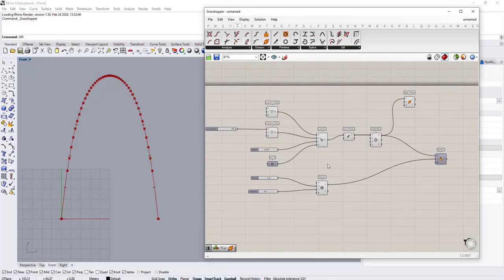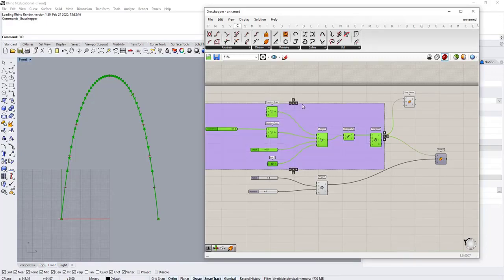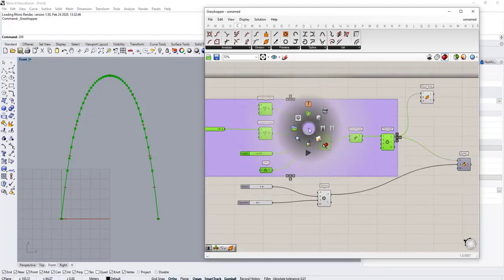To do it, select components on canvas. Then you can use the keyboard combination Ctrl+G, or click the mouse wheel and then select group. As you can see, the elements